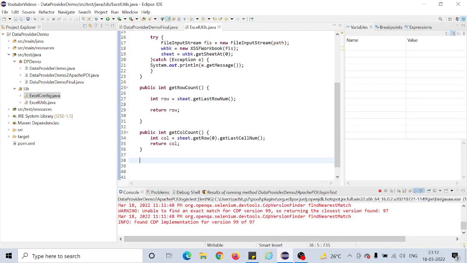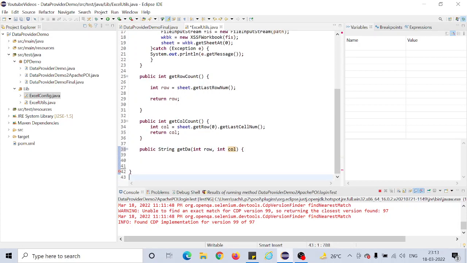So let's get to the next point, which is public. We want to get the getData over here, or we can just say getDA so that it doesn't confuse us with anything. And here we are going to pass int row, int column, and it should be closed so that there is no error. Okay, it is complaining that we need to get the return statement, which we will write in a moment. Before that, we'll just say String strData